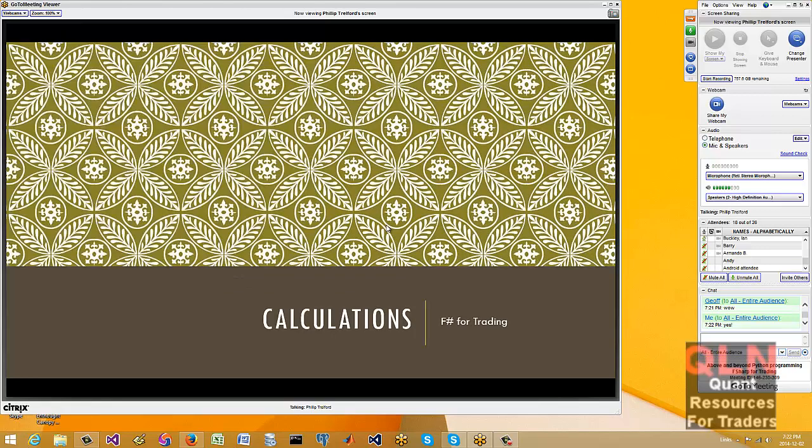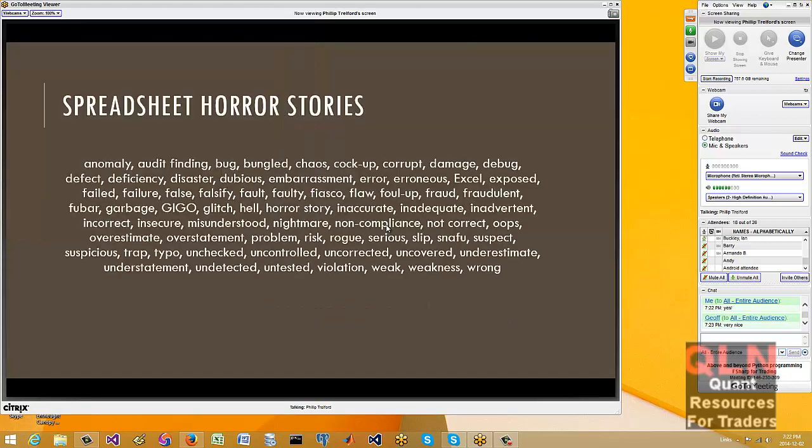So I'm going to move on to calculations, because we've looked at loading up data, and I'm going to also look a little bit at spreadsheets. Here's a fun set of names I picked up from a website on spreadsheet horror stories.